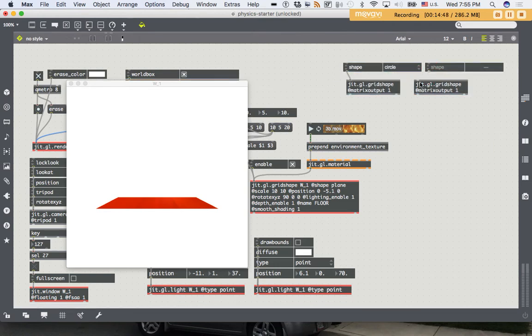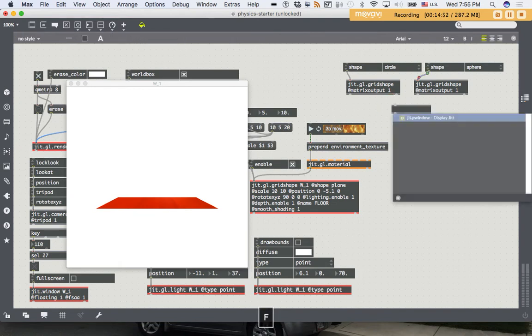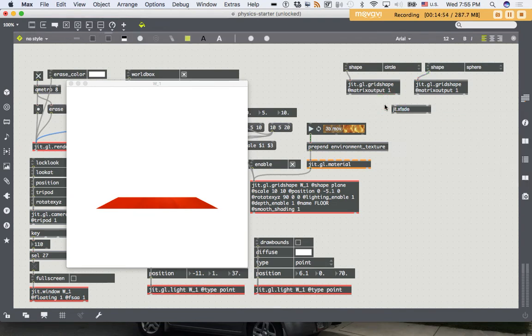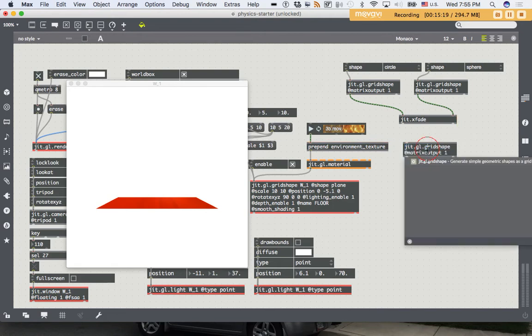So there's a little object called jit.xfade. And what jit.xfade allows us to do is crossfade between 2 video sources. And since we've just converted our 3D objects into video sources, we can pass them into this jit.xfade. Now, how do we get this graphics back out of the video format? Well, that's a new object,